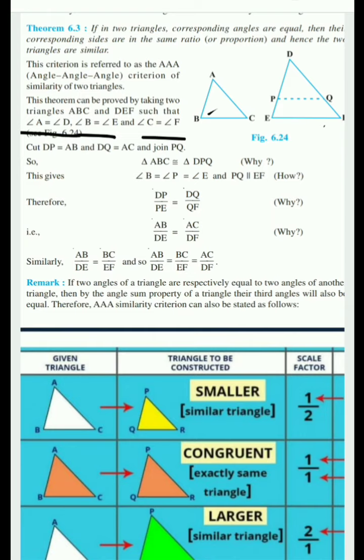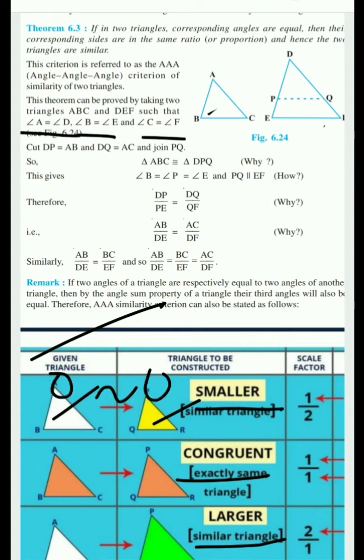Here, as you can see, there is one table which I gave you in PDF form. In that we talk about similarity of triangles, then congruency of triangles, and similarity of the larger triangle. So in a given pair, one triangle is larger and another is smaller, then also they are similar because all their angles are the same and the ratios of their sides are the same.